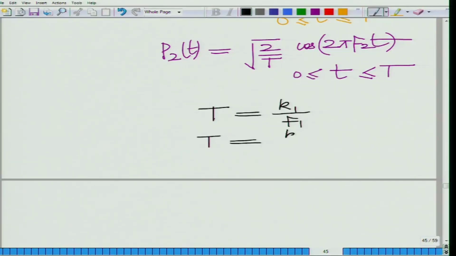T also contains integer number of cycles of p2,